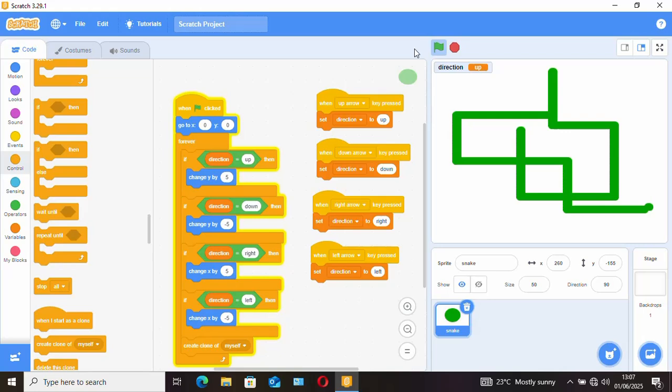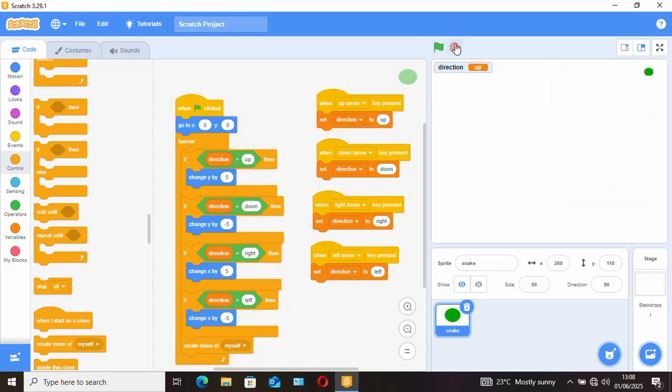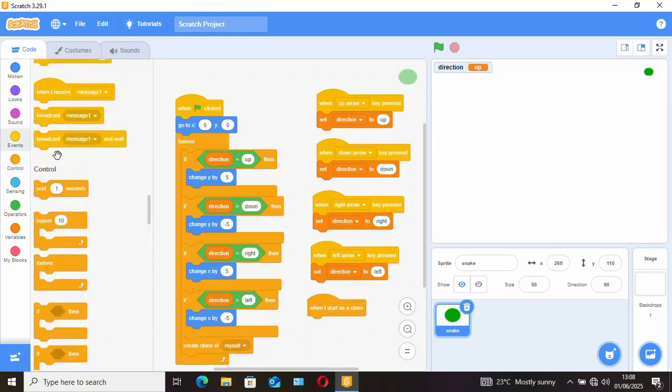So you can see we already have something like a snake, but in our case we want that when a snake eats something, it should be able to grow in size. So what you're going to do is create another block here. You're going to say when I start as a clone, wait for some more time, like wait for 0.5 seconds. Then what you're going to do is we are going to,